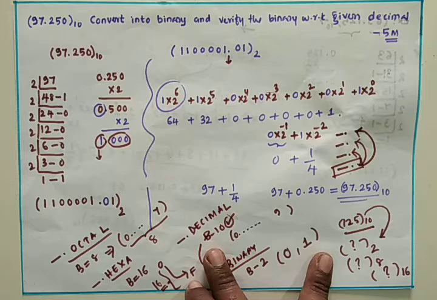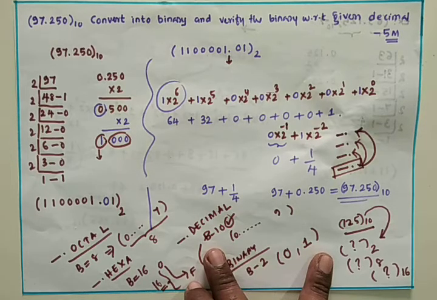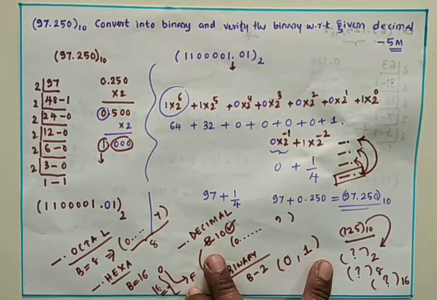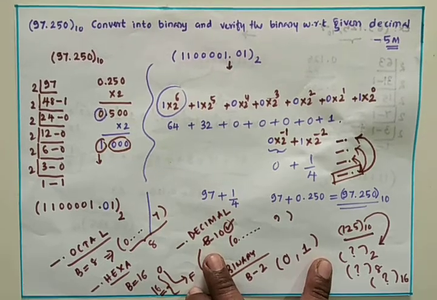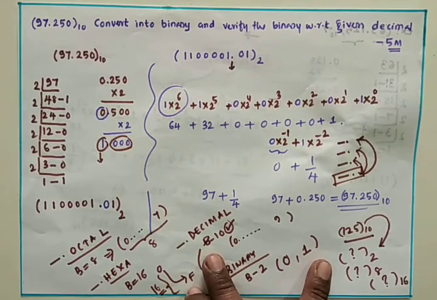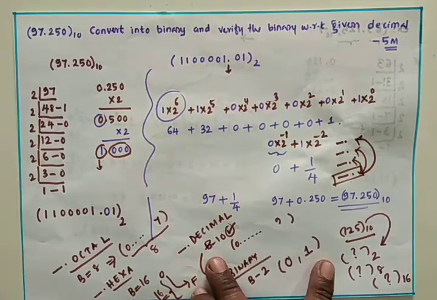This is a very useful class, and from this class we can expect one short answer question. By giving one particular number in one number system, the examiner is going to ask what is the equivalent number in another number system, so we must be able to do that, so that we can easily get the maximum marks from this topic.